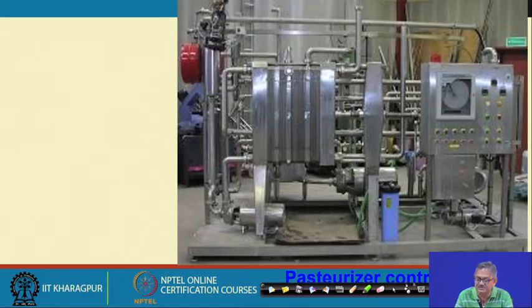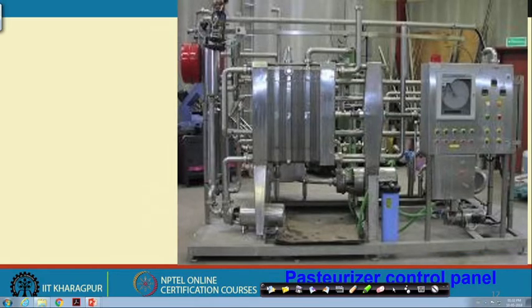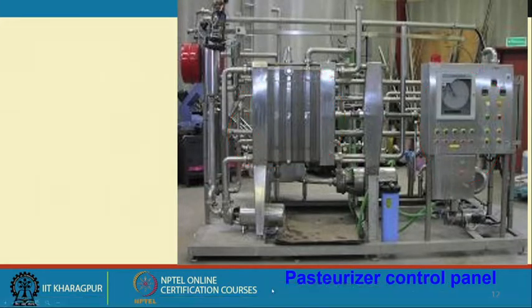This is a pasteurizer with the plate heat exchanger, with the controls and other things. So, all pipelines, this is the commercial one. So, pasteurizers are used for pasteurization, with plate heat exchangers. Then it goes to